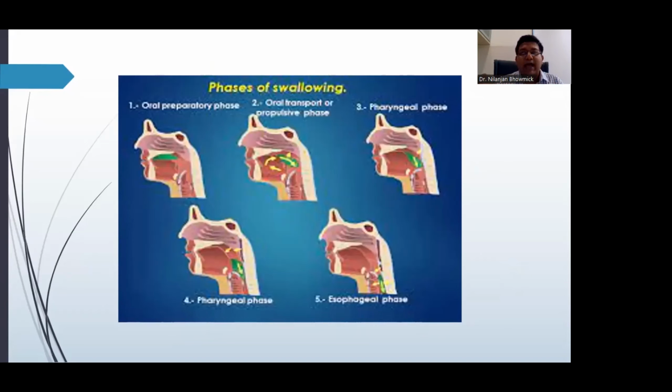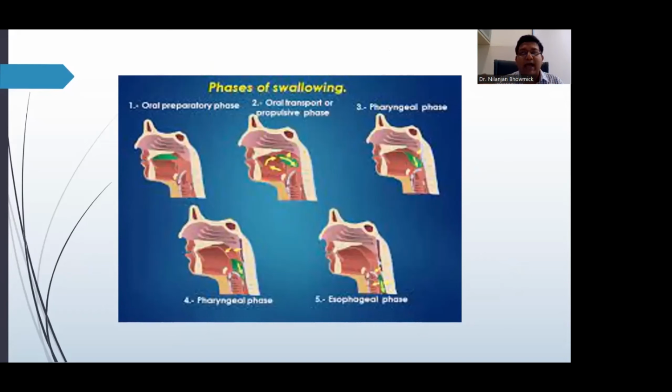posterior part of the tongue, which triggers off the pharyngeal phase, which is probably the most complex of all these stages. Herein, the food gets propelled from the base of the tongue past the esophageal sphincter, with a vast number of movements occurring in the meanwhile, into the esophagus. And then begins the esophageal stage, which propels the food from the upper esophageal sphincter through the lower esophageal sphincter into the stomach.